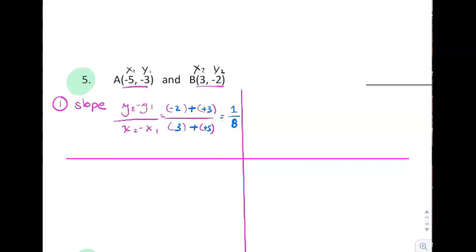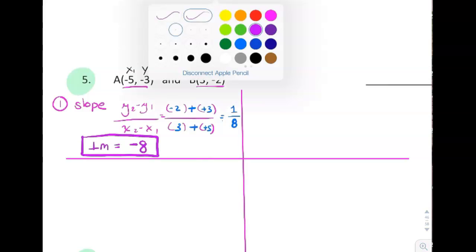But I don't want to use that slope. I want to use the perpendicular slope. The perpendicular slope wouldn't be 1 over 8. It would be negative 8 over 1. So that's the slope that I really want. Remember, perpendicular, use a negative reciprocal. Okay, step 2,